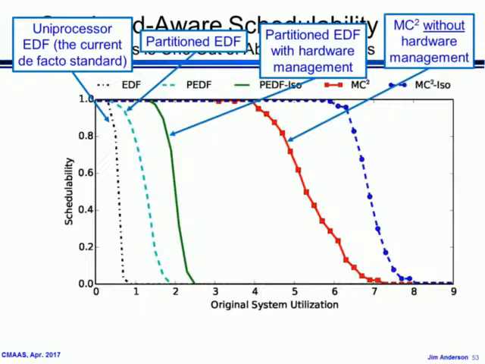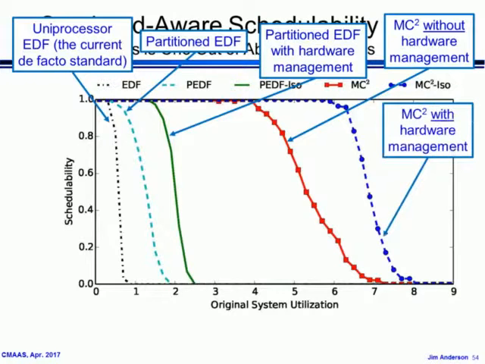This is MC squared, but without hardware management. So I'm using Vestal's mixed criticality schedulability analysis here, but I'm not managing the hardware. And this is doing both. So compared to the de facto standard at the beginning of this graph, I'm able to handle workloads 8 times bigger. This would be an appropriate point to declare victory over the 1 out of m problem and do my victory dance. Except